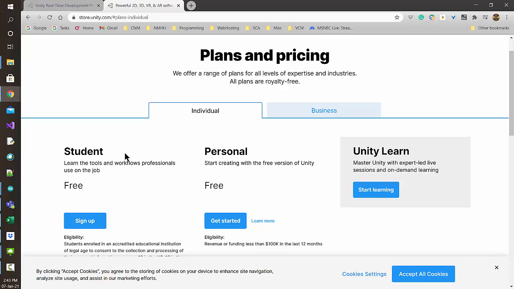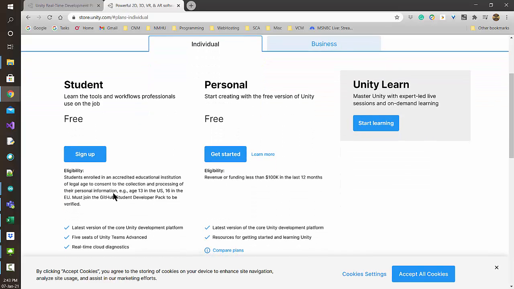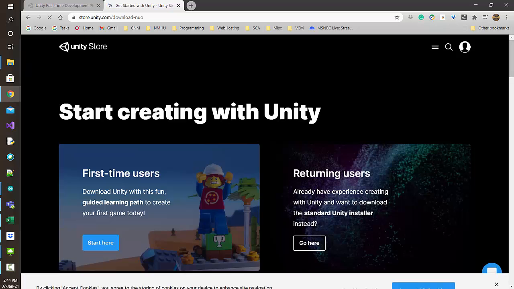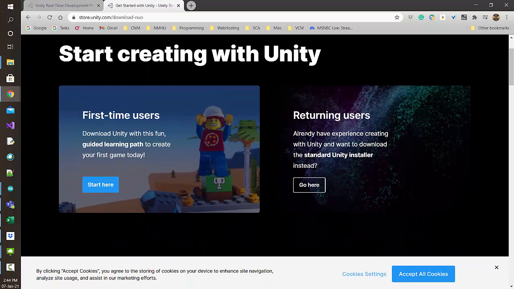You could also download student, but you'll have to go through some steps to get registered as a student. It will give you a lot more things that you can play around with, but we should be able to do everything we need with personal. And so I'm going to click on Get Started,